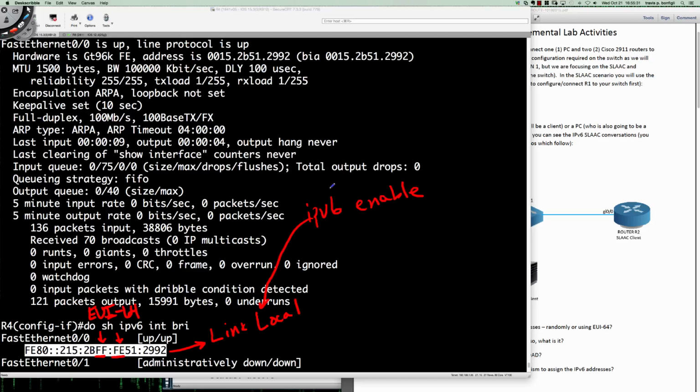Because remember, all I typed in was ipv6 enable. I didn't type in ipv6 address FE80::215:2BFF, etc., link-local. What I typed in was ipv6 enable. And so what I'm telling the Cisco router is, I want IPv6 enabled on this interface. However, I'm not in the mood to type the whole address in. Just go ahead, use EUI-64, and you, router 4, generate that